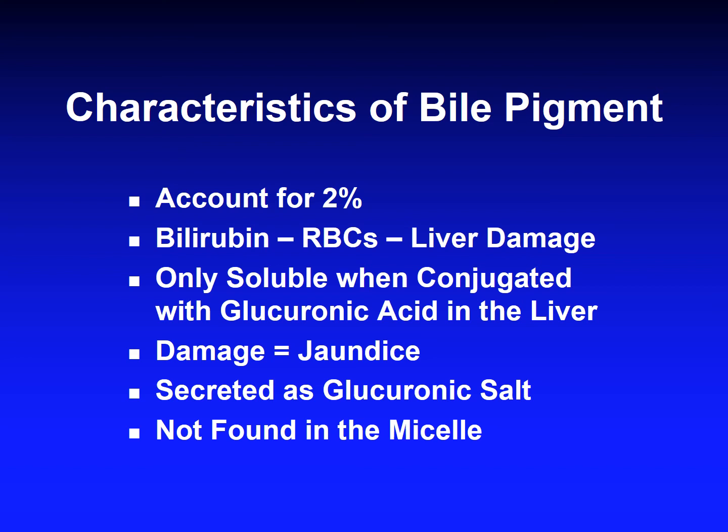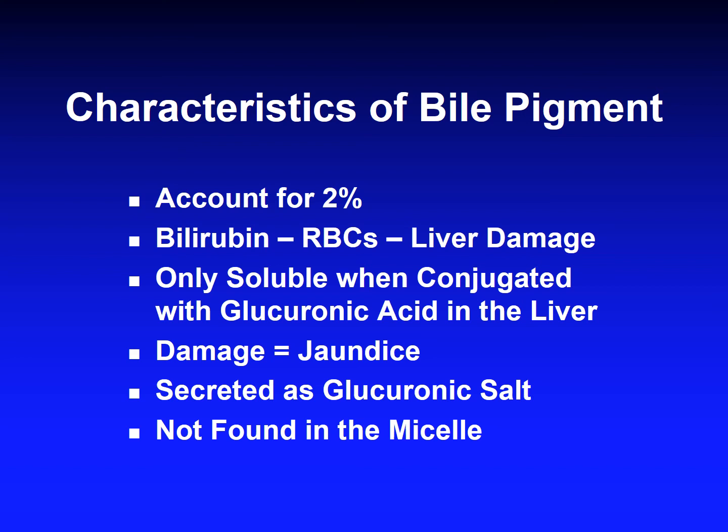Bile pigment will not be found in the micelle, so it's only bile acids or bile salts that will be found in the micelle formation, which, as I mentioned earlier, helps in the absorption of fat,